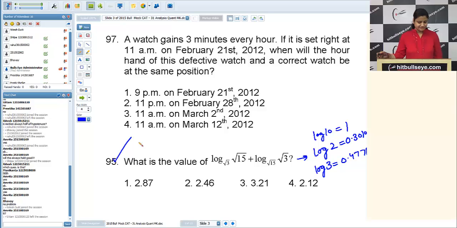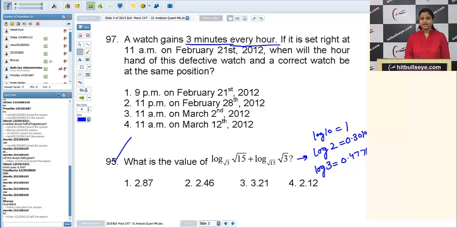Now coming to 97th question. Amrita, it says a watch gains 3 minutes every hour. In an hour, it is gaining 3 minutes. If it is set right at 11 a.m. on February 21st, 2012, when will the hour hand of this defective watch and a correct watch be at the